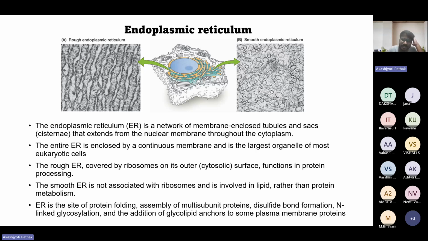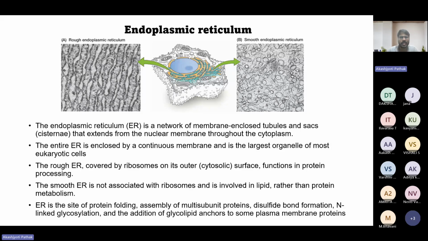Okay, now these things also were discussed. So what is the endoplasmic reticulum? The endoplasmic reticulum is one of the largest organelles. If we look at the area through which it is spread throughout the cell, then the endoplasmic reticulum is